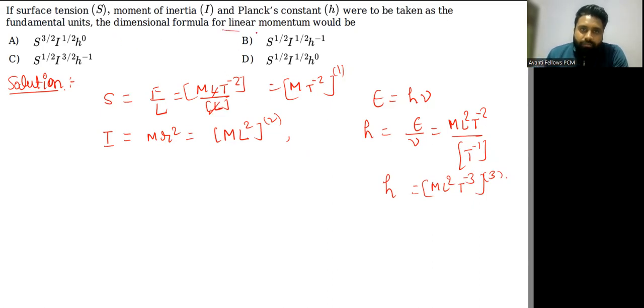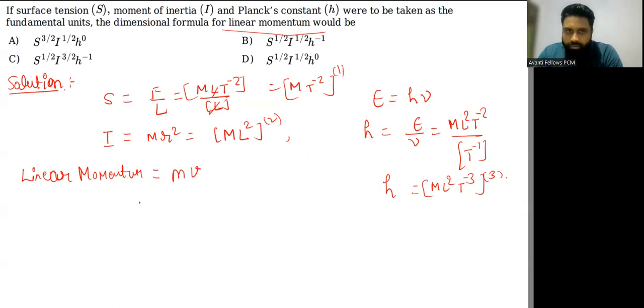the dimensional formula for linear momentum. Linear momentum is nothing but the mass into velocity. Got it? And mass into velocity, you know that mass is m, velocity is, but this is not what we are going to use. We have to replace this mlt with these given or changed fundamental quantities, which are S, I, and